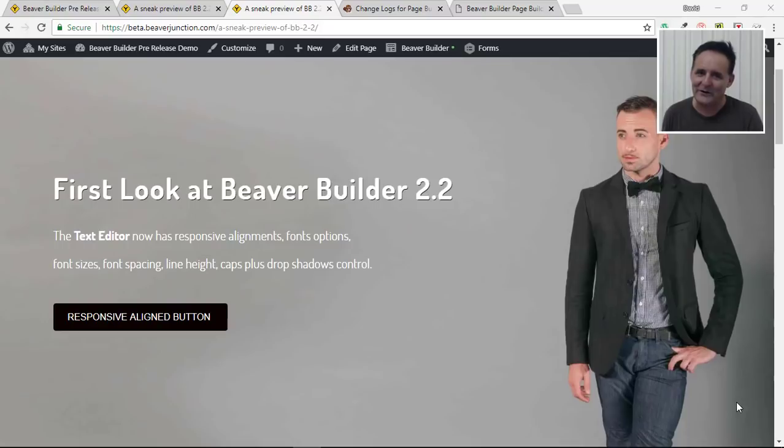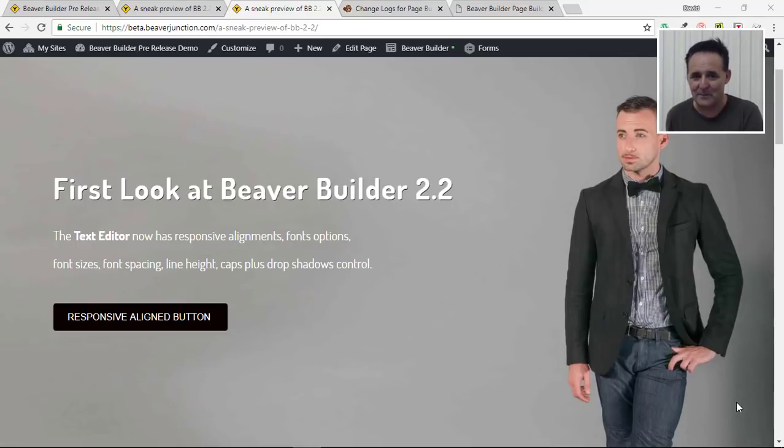As I'm recording this on the 21st of June 2018, I'm fairly confident this will go out of date in a number of weeks, but I still wanted to do it because I wanted to share what the Beaver Builder team are doing at the moment. I think it's bold and exciting, and they have made available to Beaver Builder users the development version of an update they're doing to the Page Builder plugin. So we get a chance to play with version